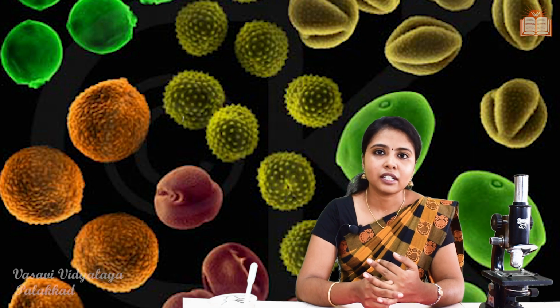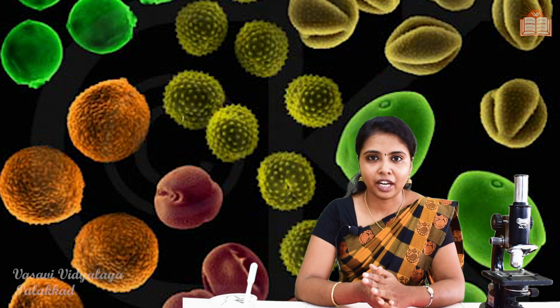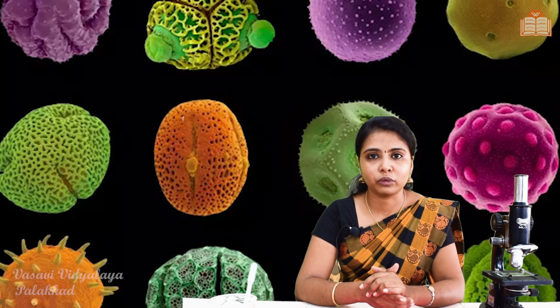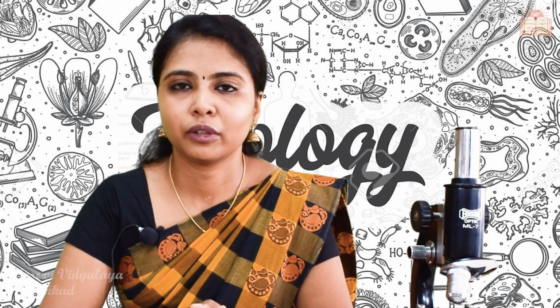We can do this experiment using many different flowers, such as we have taken here Bohemia. Then we can take shoe flower or balsam, any flower like that. And the pollen grains differ in their structure, shape and size based on the families they belong to. So we can do it using any flower, but most commonly we use shoe flower, Bohemia or balsam-like flowers. Okay, so this experiment is completed.